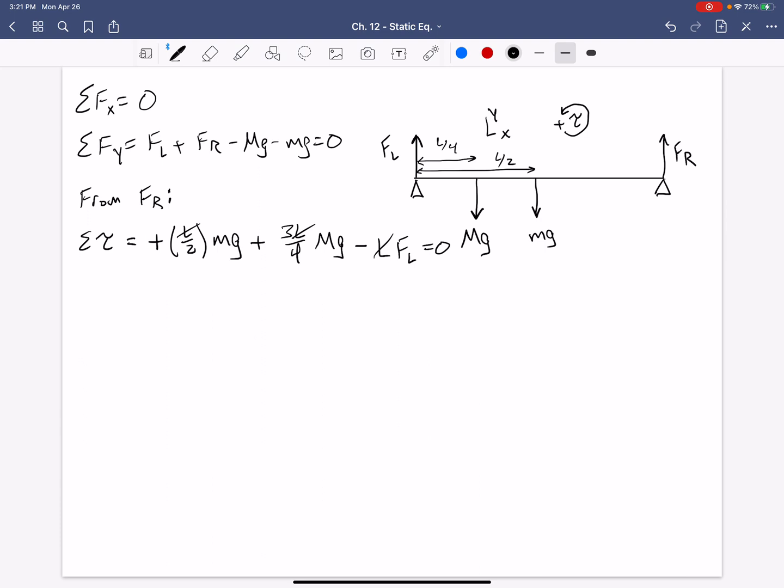And then we just have basically 1/2 mg plus 3/4 capital Mg minus FL, and that equals 0. If we take FL to the other side, that turns it into this. And if we plug in those numbers,